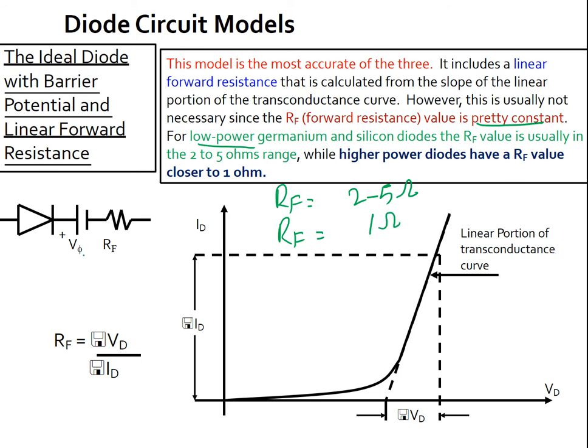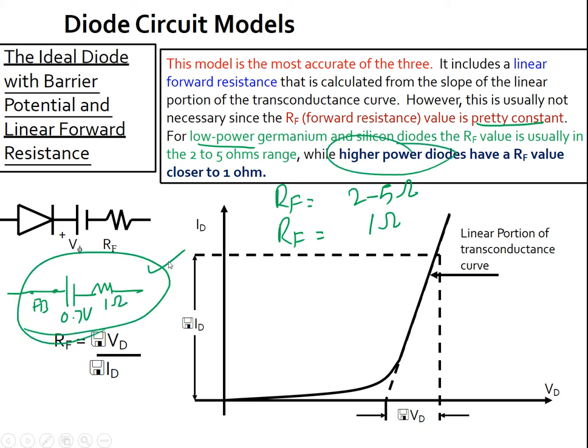So how can we model this? We have a diode, which will act as a short circuit in the forward bias, with the barrier potential and the resistance. So this will be 0.7 volt, and for high power diodes, for example, this could be around 1 ohm. Wherever we get a diode, we can replace that diode with this model and then analyze our circuit. For example, this is just one example to illustrate the modeling. So this is my one diode. Let's say this is 10 volt, this is 2 ohm.